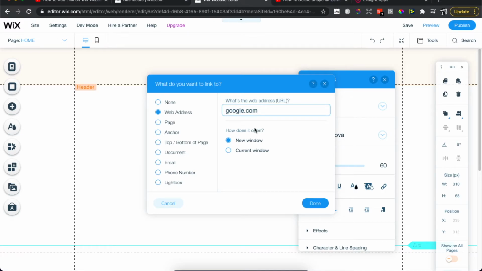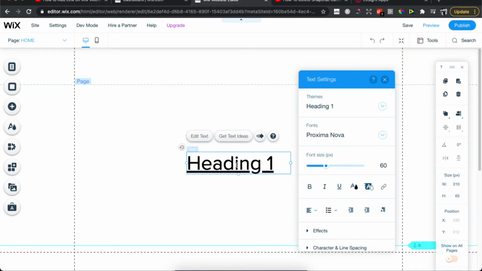And also how does it open? So it can be opened when the person click on the link. It can be opened on new window or on current window, and just select what you want and then press done, right? And that's pretty much it, how you can add a link on your